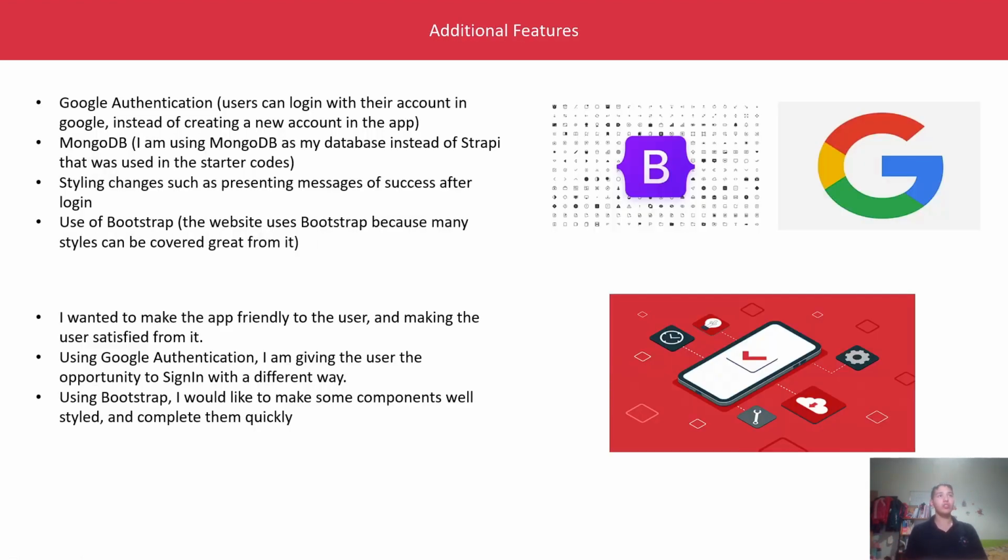Regarding additional features, I have put Google authentication, so users can use Google authentication, which is another way for authentication. I have also put MongoDB as a database while we were using Strapi in the previous project. There are some styling changes, and of course use of Bootstrap. I need the user to have a great experience with the application and to have many opportunities such as logging in